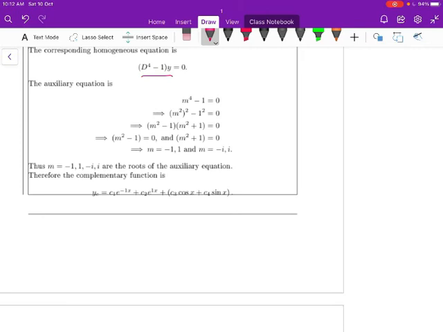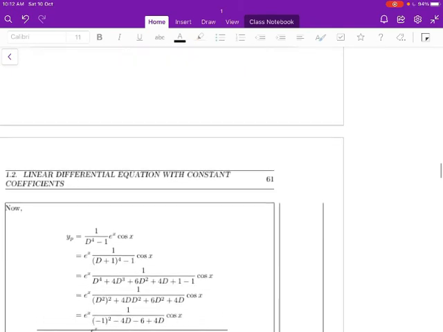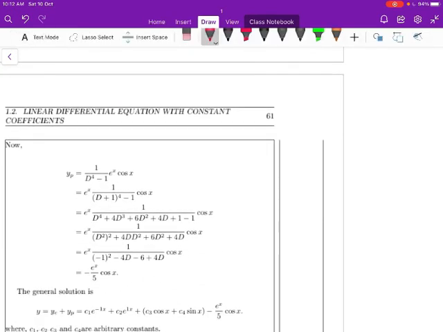So this can be written as (m square) whole square minus 1 square. Again a square minus b square formula: (m square minus 1) into (m square plus 1). So either m square minus 1 is equal to 0 or m square plus 1 is equal to 0. m is equal to plus or minus 1 in the first equation, and here m is equal to plus or minus i. So therefore the roots are 1, minus 1, i and minus i. Therefore the complementary function is c1 into e power minus x plus c2 into e power x, and i and minus i are the complex numbers, c3 into cos x plus c4 into sin x. So this is the solution for the homogeneous equation.